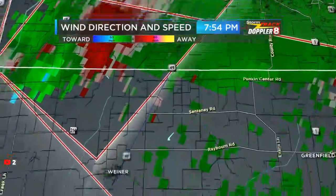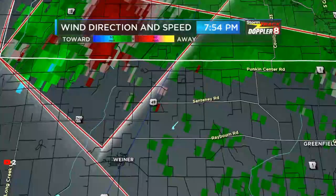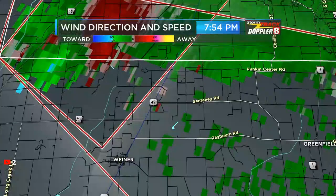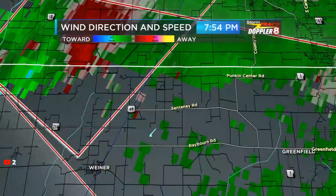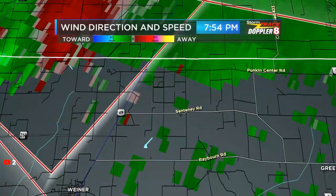So Wiener, you are to the south. So you're in the tornado warning, but the area of rotation is north of you. It said it may stay north of you. Earlier I said it, no, I said it was probably going to happen. If you live on Landon Road, Walker Road, Rayburn Road, Pumpkin Center Road, or Centennial Road, that's where you need to be taking cover,